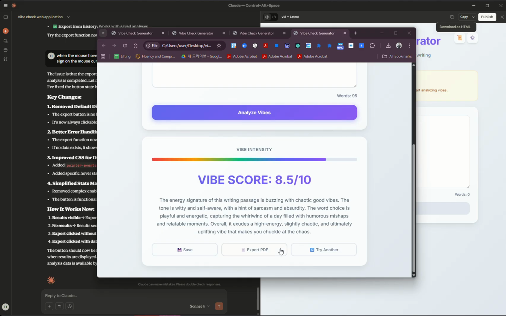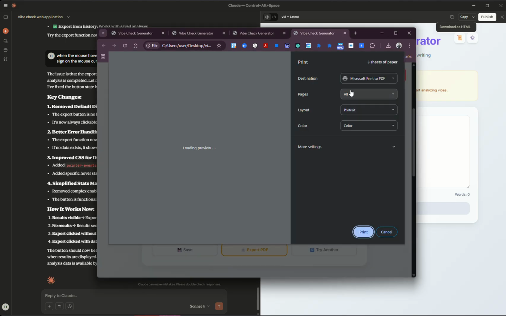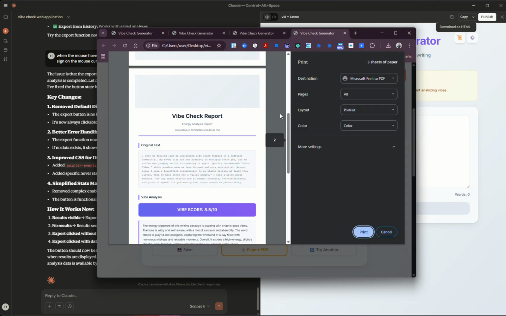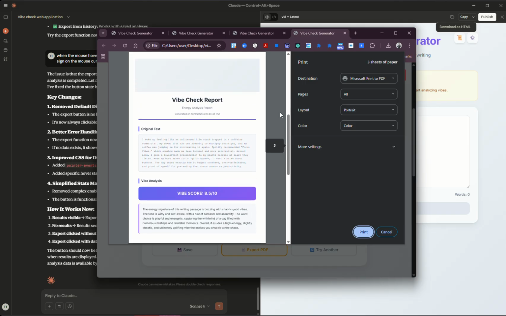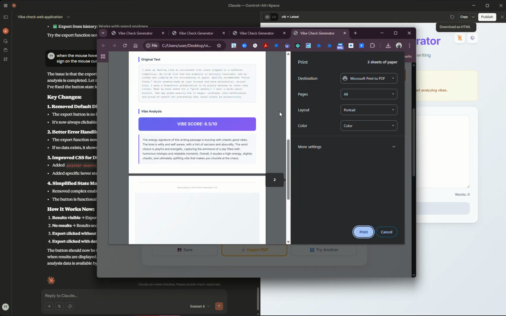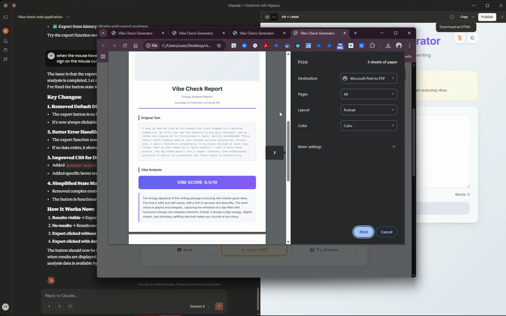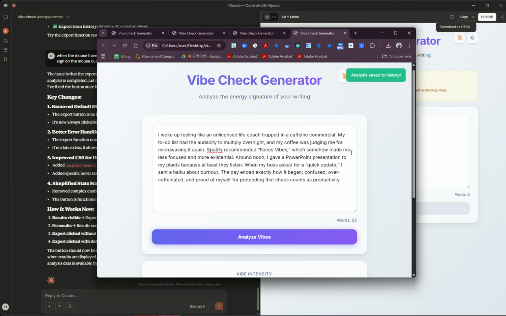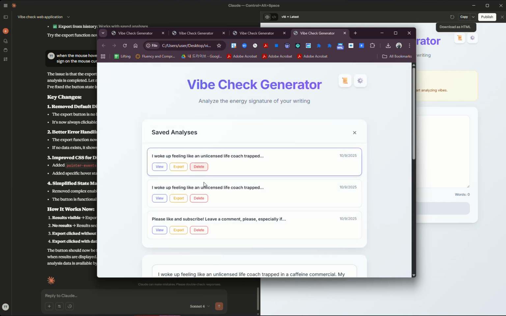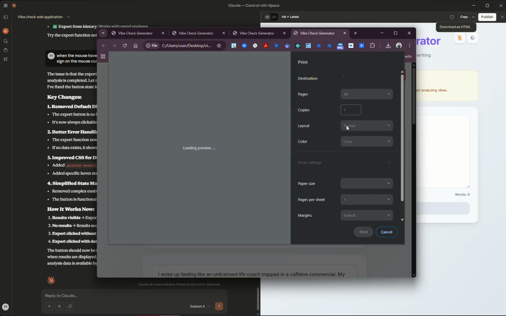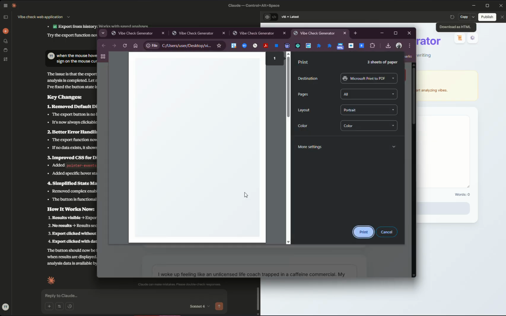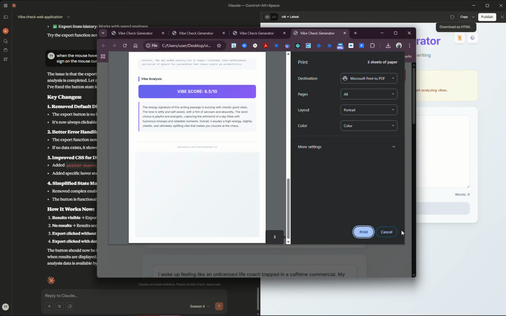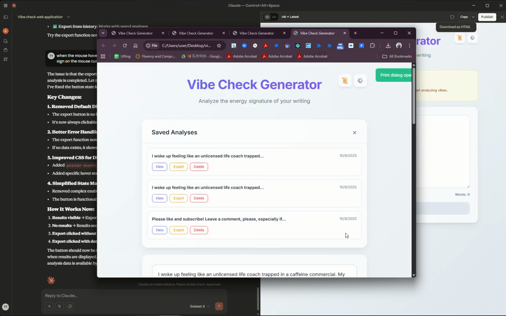And we're back after a little bit more debugging. The export PDF gives a 3-page report where the first and third page are blank, and it's basically a screenshot of it. I think that's good enough for now. If I save it, it saves it to history. I can go to history and see each one. Now, I can fix this with a simple debugging, but we're going to stop this video for now,